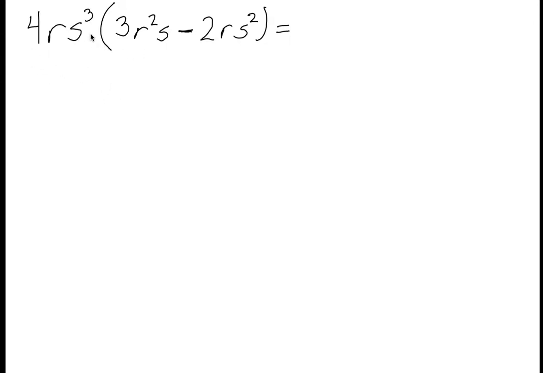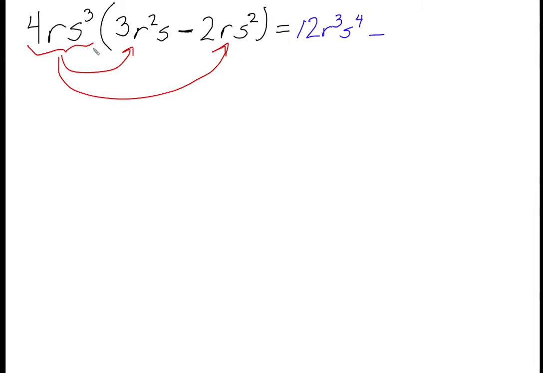Because it's multiplication, it's this times this quantity, we can do the distributive property and multiply this by that and also multiply it by that. We'll distribute this into the parentheses. 4rs cubed times 3r squared s. 4 times 3 gives us 12. R times r squared gives us r cubed, and s cubed times s gives us s to the fourth,